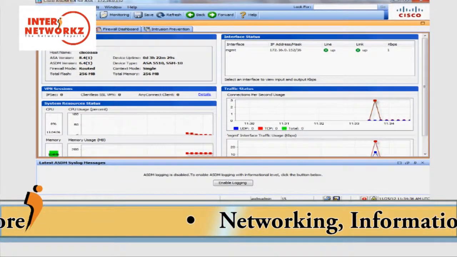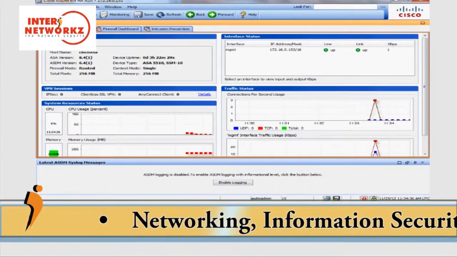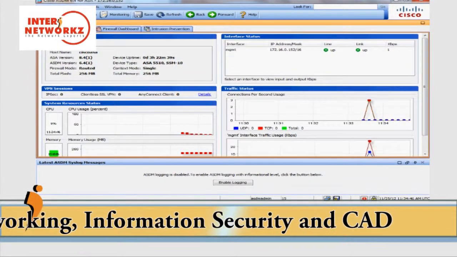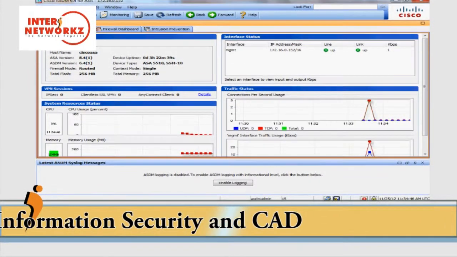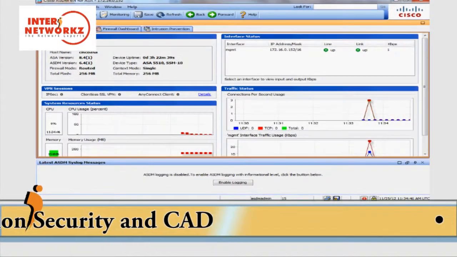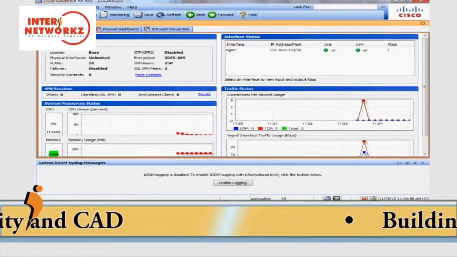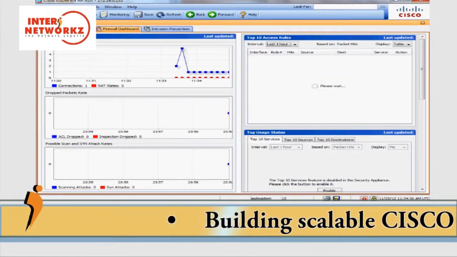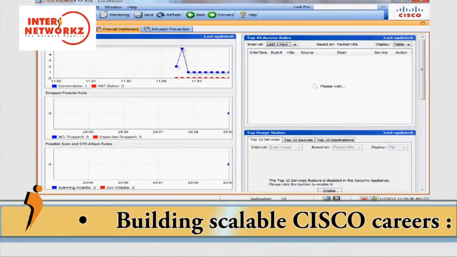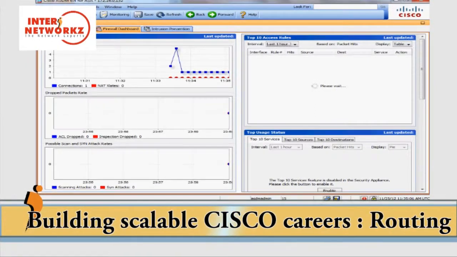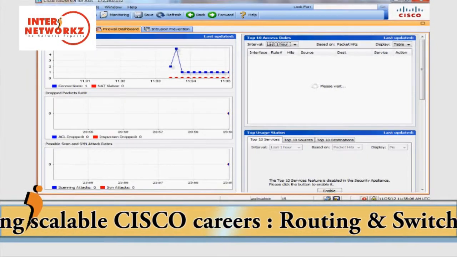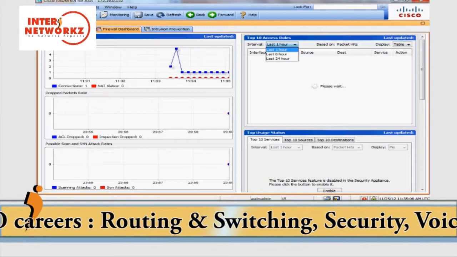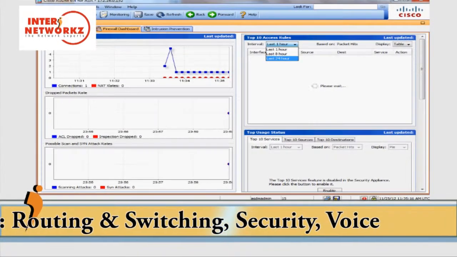In a single mode you can define a number of users, but in case of multiple mode we have a session limitation. Totally 32 ASDM sessions can be launched in a context. Now it is showing the licensing information, and you can go to the Firewall Dashboard just to monitor what live traffic is going on. It is showing the number of connection statistics, the number of dropped packets, and the possible scanning methodology. And here we have the drop down menu to see the last 8 hours, last 24 hours